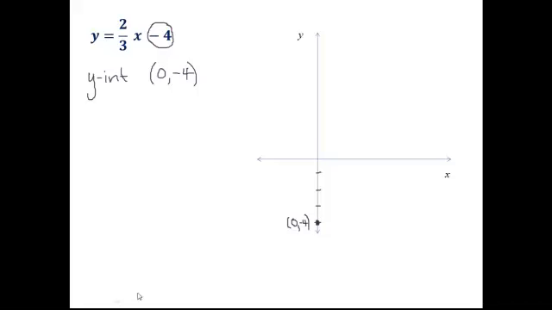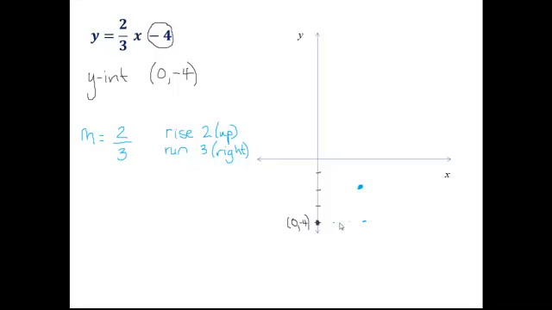Now let's look at the gradient. Okay, in this case, the gradient is a fraction, 2/3. So that means my rise is 2, so I'm going to go 2 up from my original point, and my run is 3. So again, I'm always going to go right with the run. Okay, so if I go to the right 3, 1, 2, 3, and then I go up 2, 1, 2,